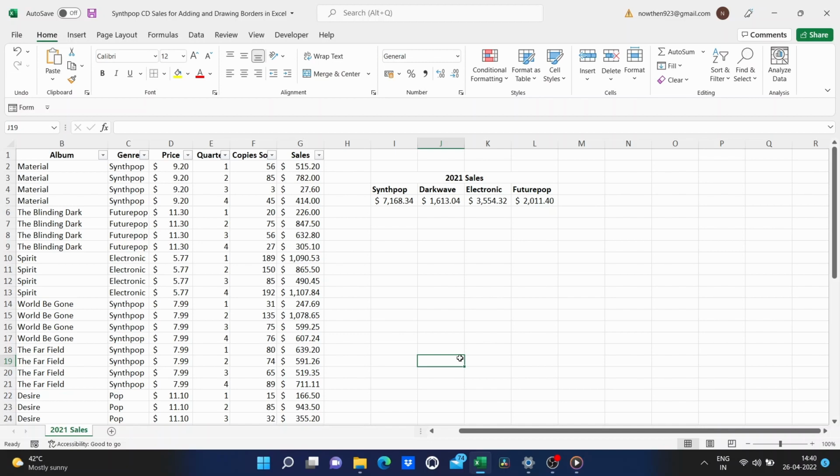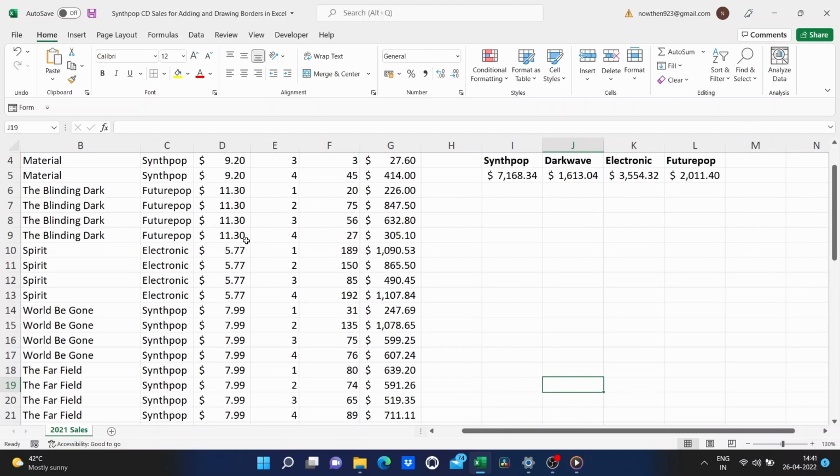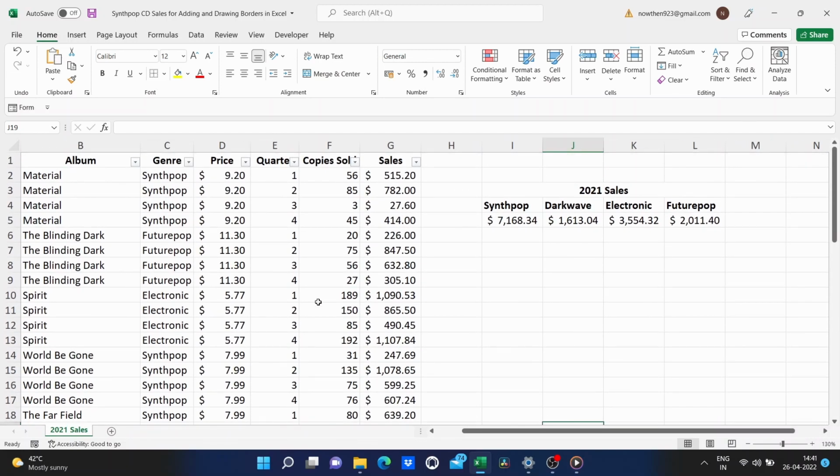In this video, I want to show you how to add borders in Microsoft Excel, including how to draw borders, and there really are some great features when it comes to borders. Let's take a look. So here, I have a spreadsheet from a small business that sells different kinds of music. And let's say I want to highlight the amount of sales from each of these four music genres. I'd like to add a border to help point out this information.